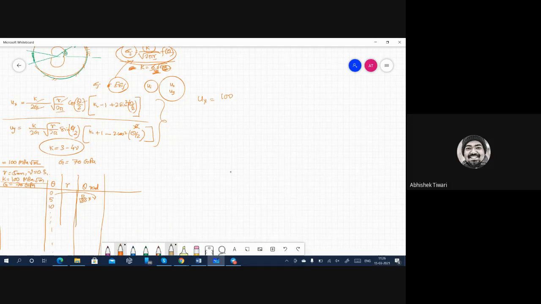So 100 and this is 70, so 2 into 70,000. Okay, and square root of r. Oh, this is the problem. I kept 8 in millimeters. It should be in meters. Yes sir, all the math got mixed up, everything went wrong. So I had kept 0.008 only. r should be 8 into 10 to the power minus 3. So it is 0.001, this is what went wrong.